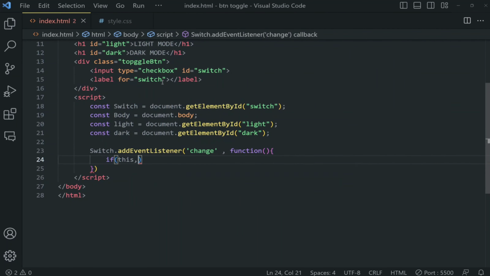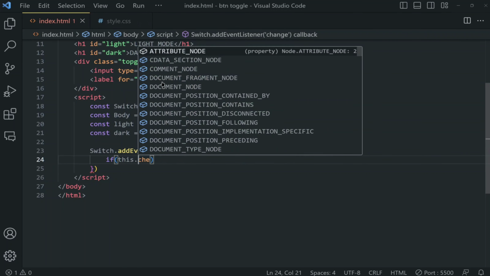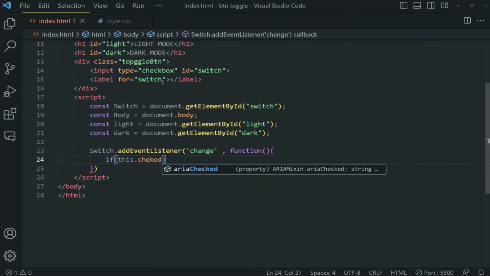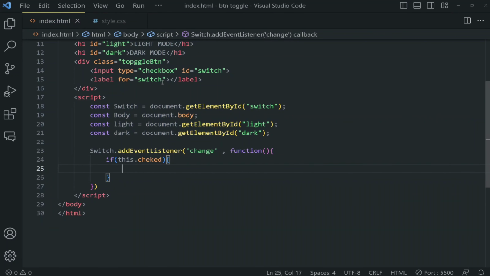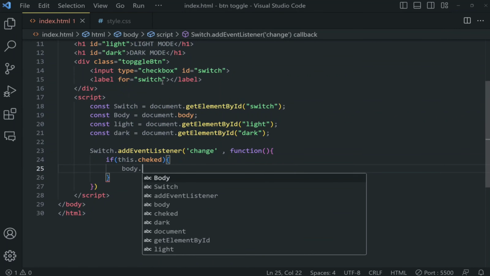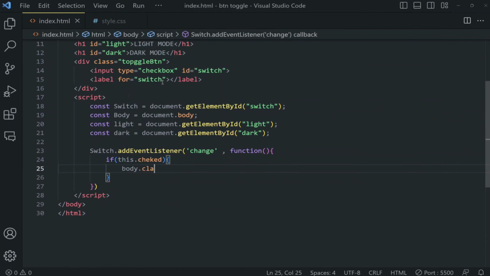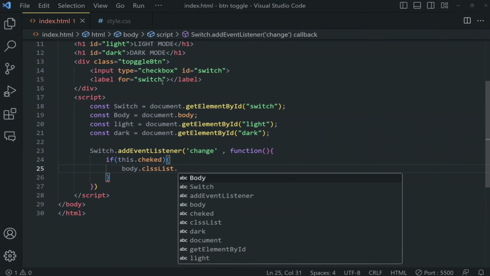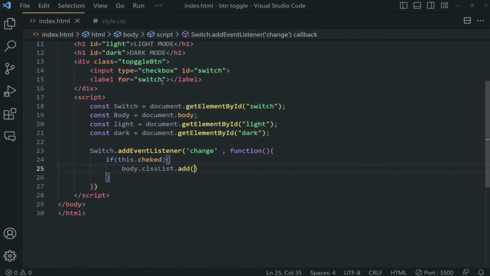If this.checked, sorry. If the switch is checked, then body.classList.add